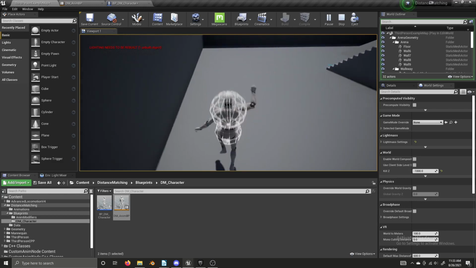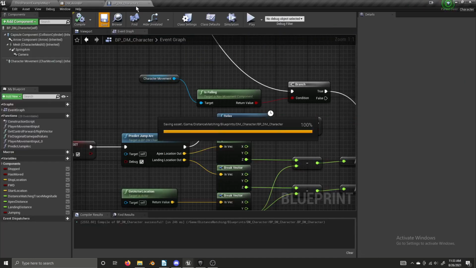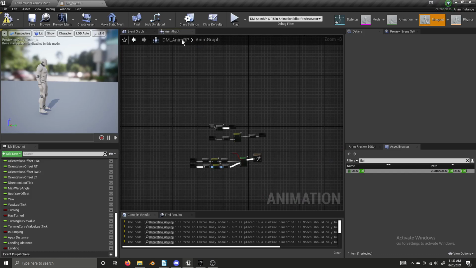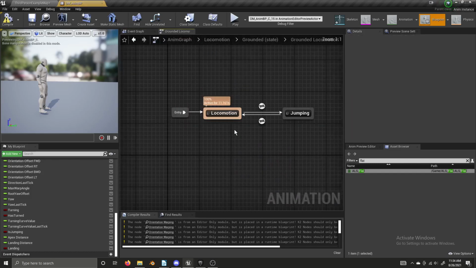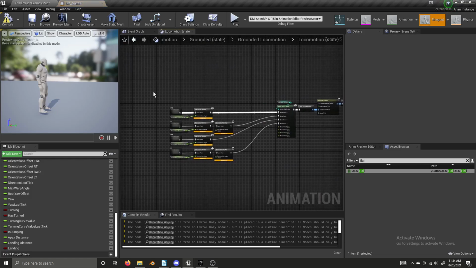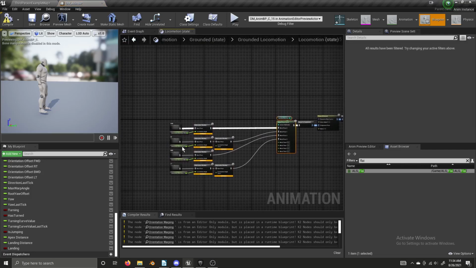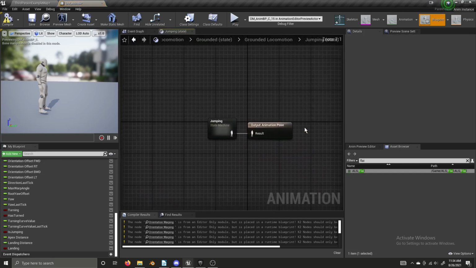You can move things around. There's lots of different ways to do it. I'm going to do it the easiest, quickest way possible to save on time. It is not the most efficient way. I'm just going to go into my locomotion state where I have all of my orientation warping, and grab all of my orientation warping stuff, everything except for my states. I'm going to copy